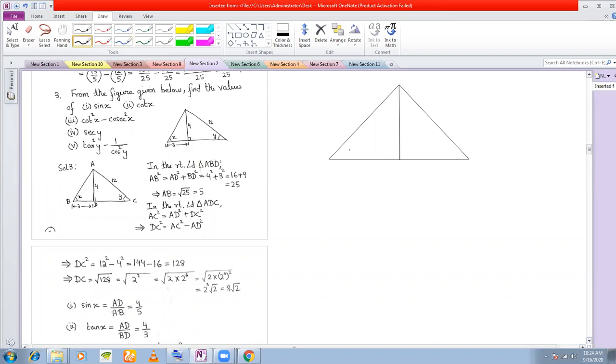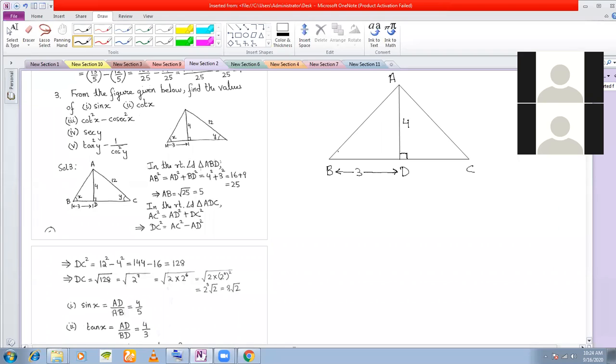Okay. My first duty is, if you see in the question, the triangle is given, but the vertices are not labeled as A, B, C. So my first task will be to label. I call this A, this B, C, and let us call this D. And in the diagram, this is given to be perpendicular. The lengths given here are: this is 3 units, this is 4 units, this is X, this is Y.